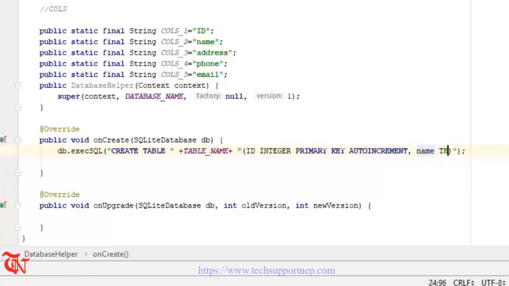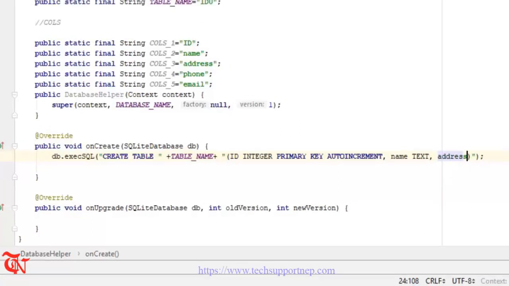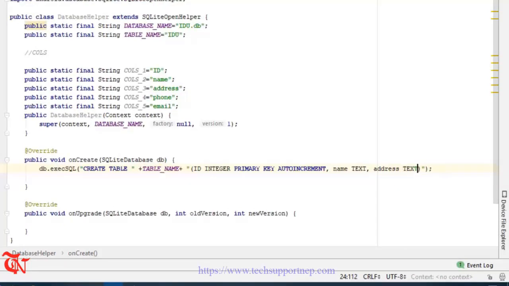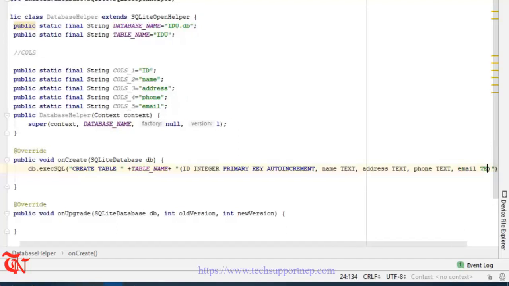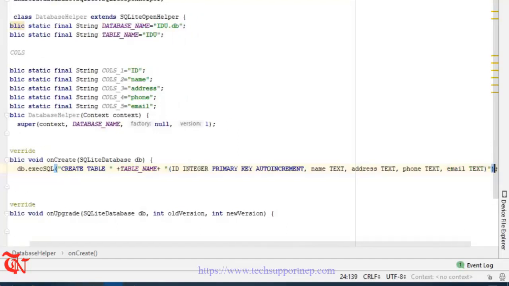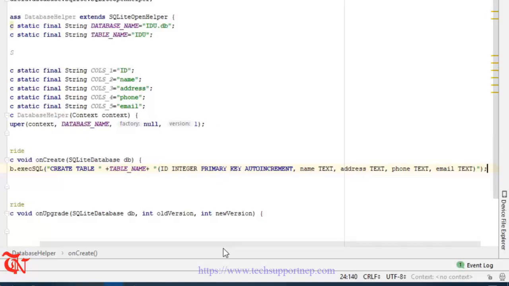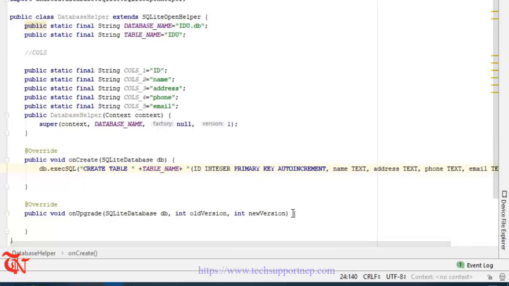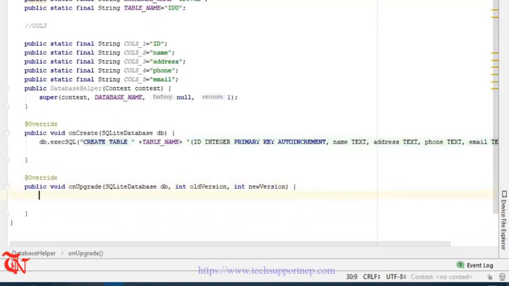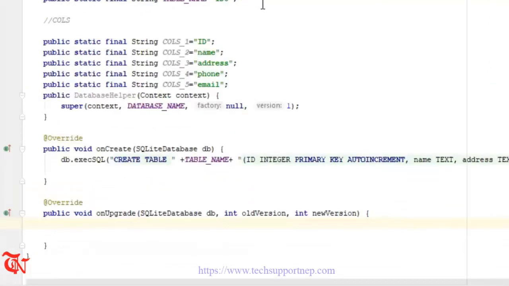and name should be text, and then address should be text, and phone should be text, and finally email should be text. That's it. Now inside the onUpgrade method, what we are going to do is, if this table already exists